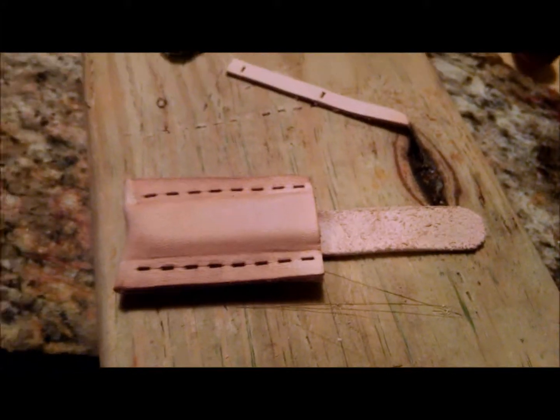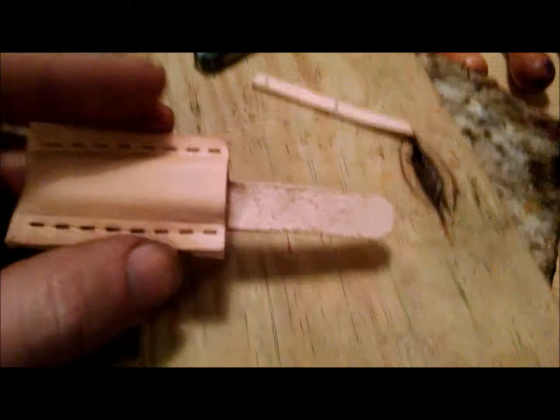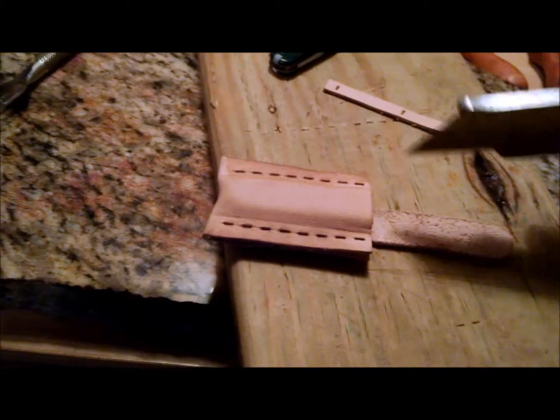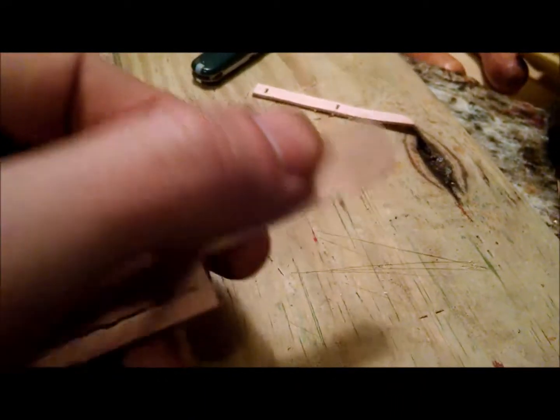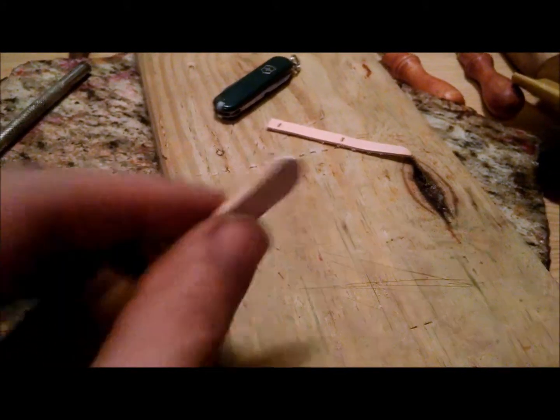Simple. So when I cut off the remainder with my knife, just eyeballed it with the other one, cut the tabs, and I took sandpaper and cleaned up these edges a little bit. They're not completely right yet. And I cut the top kind of round,